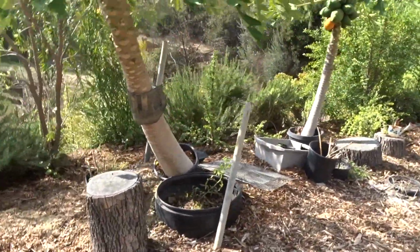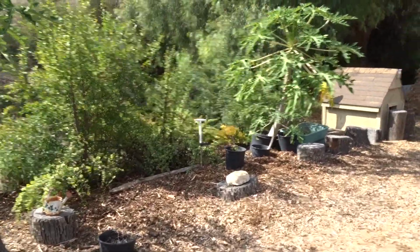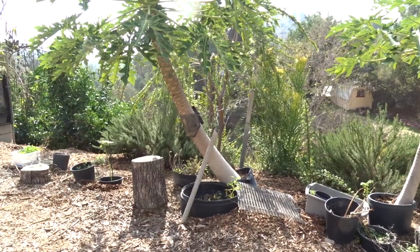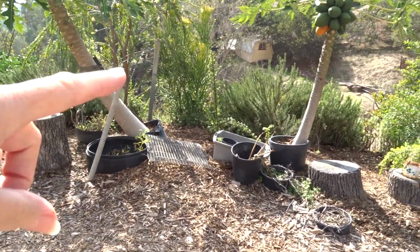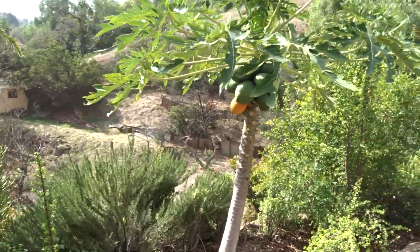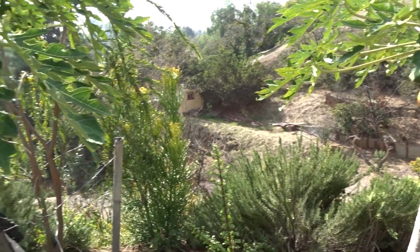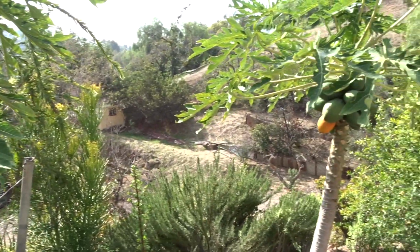And you've all seen my papayas. Came up from kitchen scraps and composting in place. And I'll go quickly over the story. They came up, and these two trees just took off and started growing papayas right away. Never thought I'd ever grow papayas. And oh, there's another one Gary's got to harvest. And we couldn't figure out why these two were doing so well and growing massive papayas, and that one over there